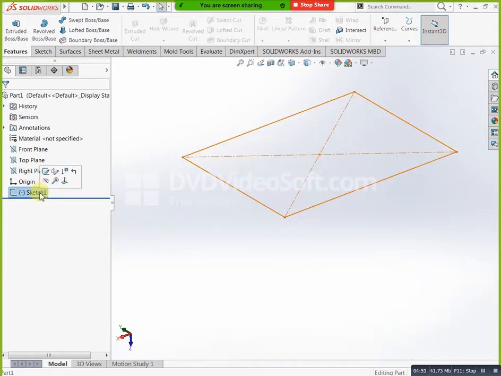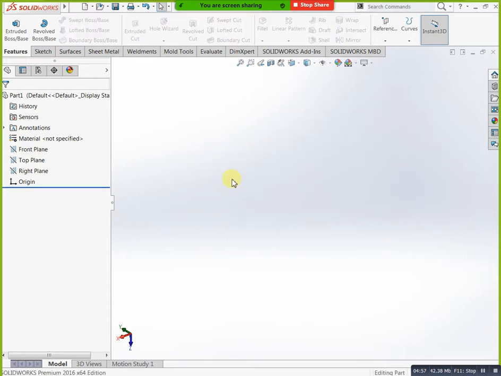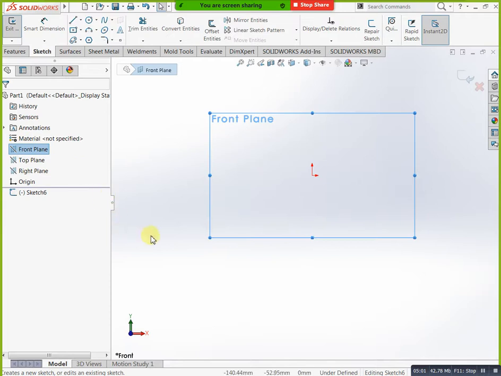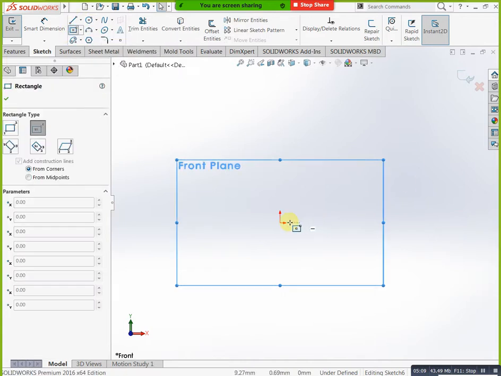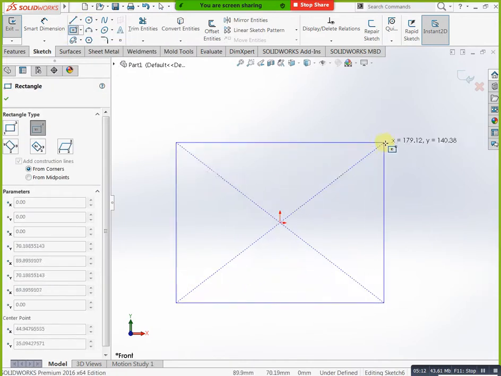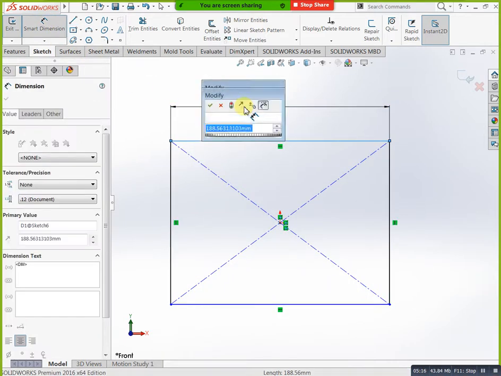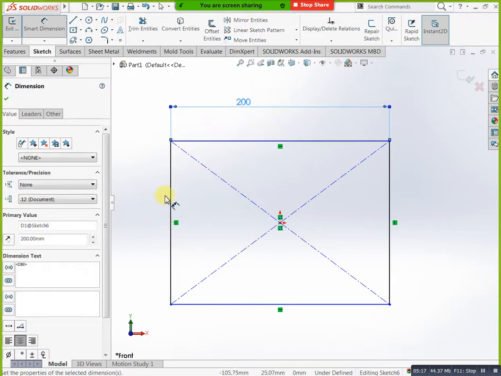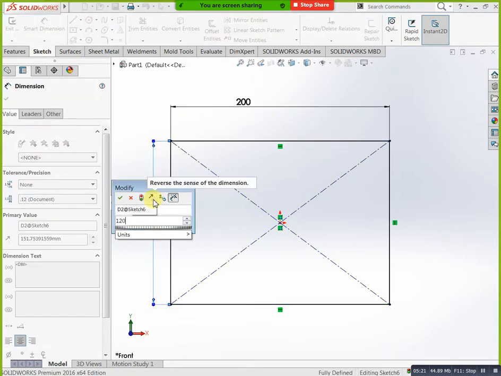Next you come to our patterns. In this pattern we have some more features. Already we completed linear pattern and circular pattern. Next you can go for the next pattern. For example, we have one plate. In this plate we need circular holes. This is our plate. This plate dimension 200, this one 100 or 120. Now finish this one. Thickness of this strip or plate you can mention 6 mm.